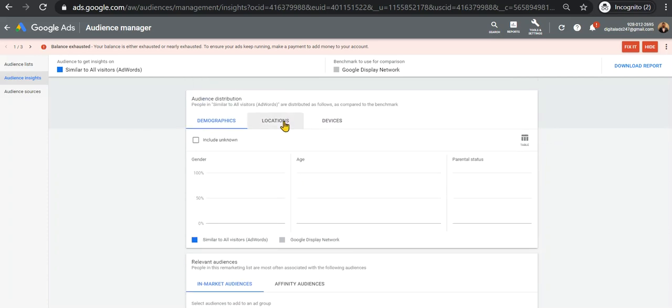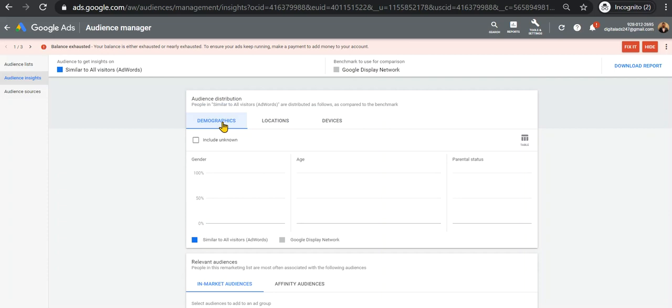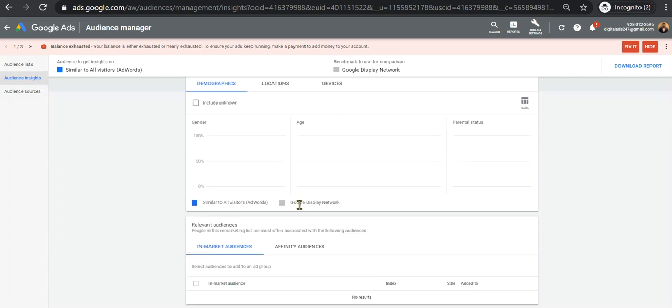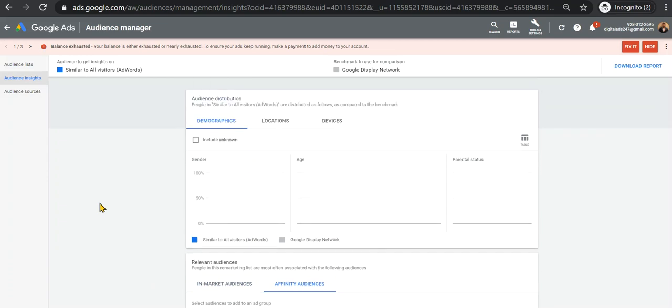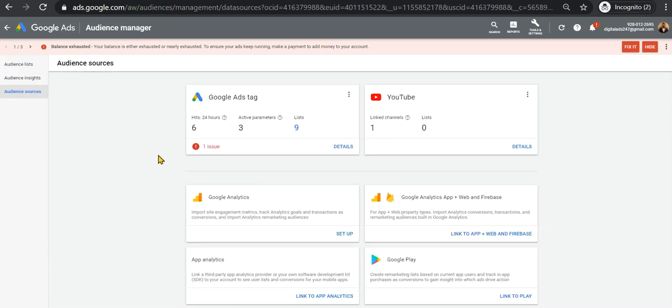In a nutshell, it will give you all the locations, devices, and your audience profile. Audience profile means how exactly your audience is in terms of gender, age, location, device, browser, network, search or display or any other, or in terms of interests. So this will give you an overview idea of what all your audiences are, that means what you're targeting, and the behavior of your audiences online. So our piece of the task is you come to audience sources.